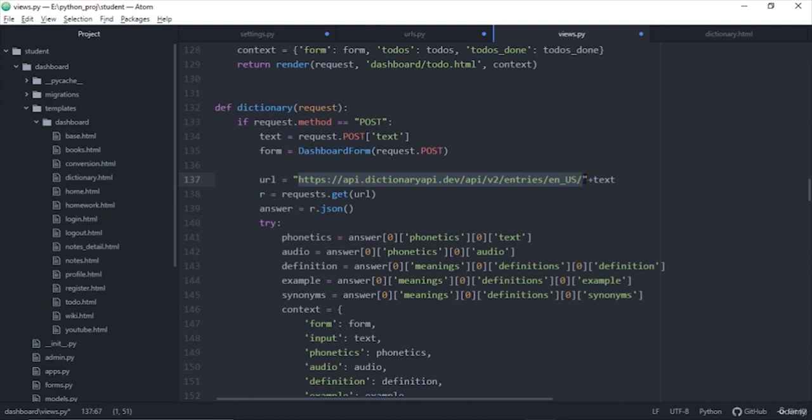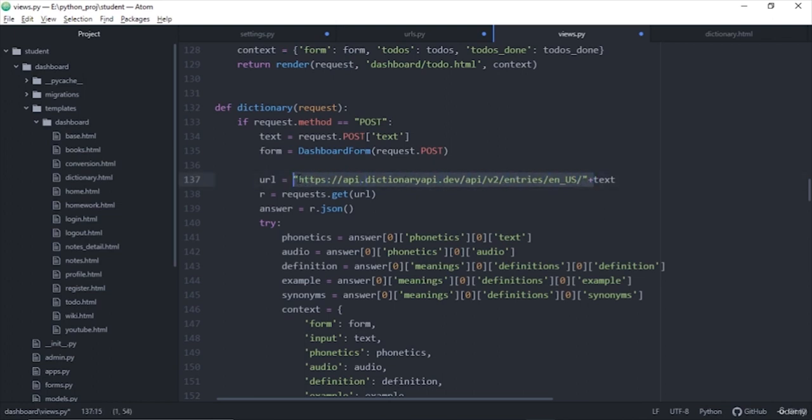For example, the Oxford API has 3000 requests per month. Those are free, but if you want more than that, you have to pay. Or else you can create your own JSON dictionary, or I think it's available on GitHub, so you can use that. But for now I'm just using this URL,